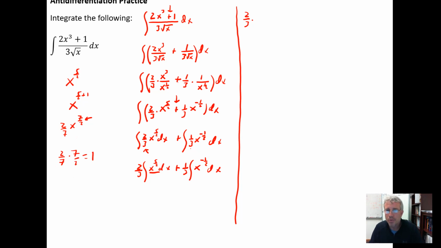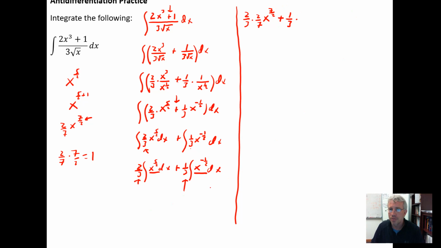So if I'm working backwards here, it's going to be 2/3 because that's the constant multiple. My guess is going to be x. I'm going to work backwards from the power rule, so I increase my exponent by 1, but I multiply by the reciprocal of that exponent, so that when you differentiate, if you were checking your work, the 7/2 would be multiplied by the 2/7, which would give you 1, and 1 times 2/3 would give you the constant multiple 2/3 you started with. So plus, now you move to the next one, I have a constant multiple of 1/3, times,